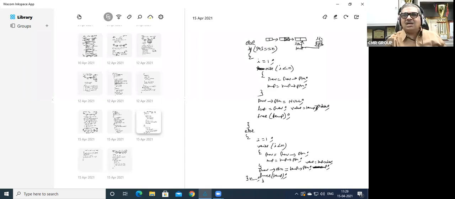However, last has to store the address of the last node, right? Which is the last node now? Previous is the last node now, right? So I'm saying last is equal to previous, and we are doing free temp. That's all. Is this clear? Yes, sir. Thank you, sir.